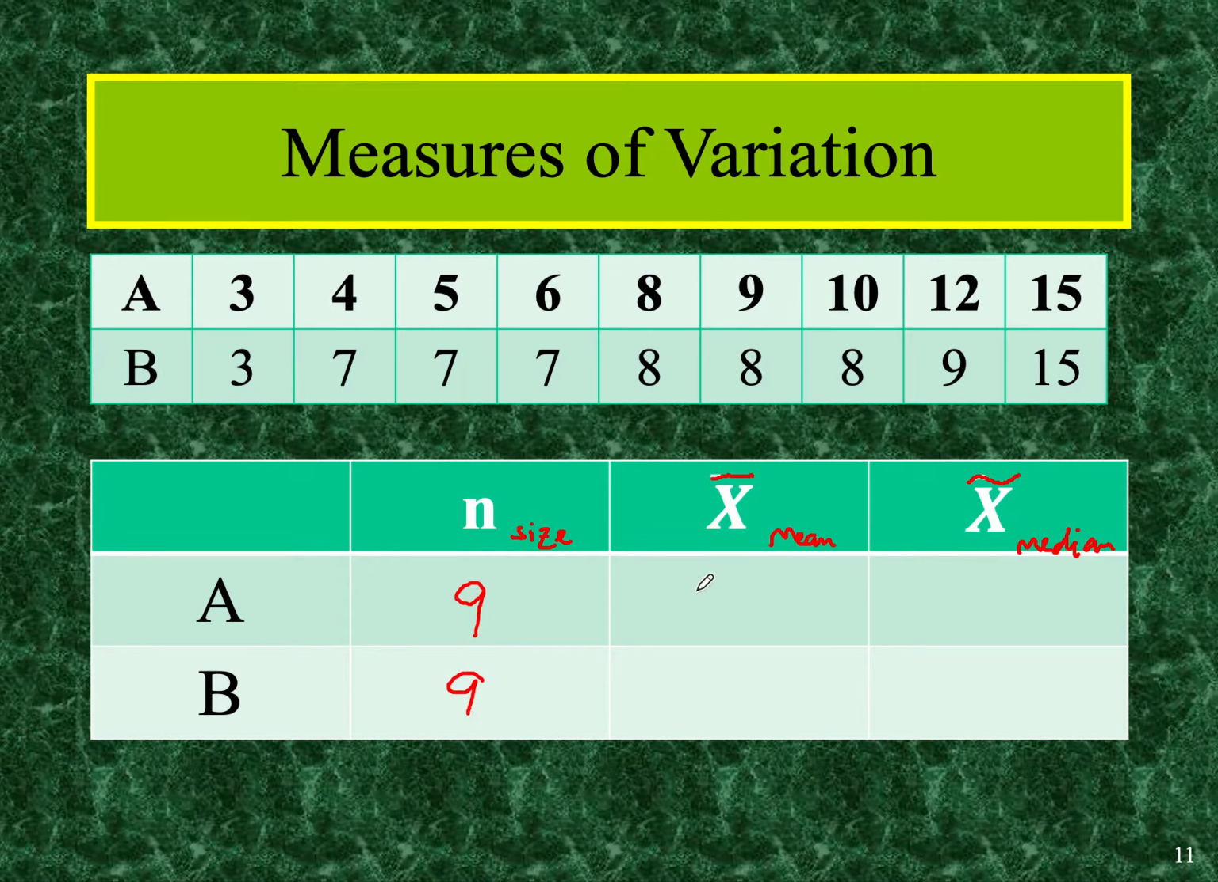So this is 9, this is 9. So we need to get then the mean of the distribution. So what we need to do is to add them all and then get the mean. So we have 3 plus 4 is 7, 7 plus 5 is 12, 12 plus 6 is gonna give us 18, 18 plus 8 is gonna give us 26, 26 plus 9 is gonna give us 35, 35 plus 10 is